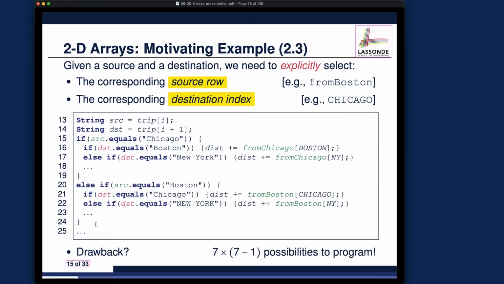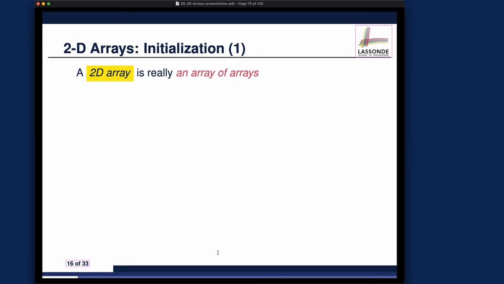Okay, the drawback is that there are so many possibilities to program. You can see here the 7 corresponds to the size, the dimension for the table, because you have 7 cities. Realistically, if you have some airline company, how many cities can they support? I guess hundreds, if not thousands, maybe hundreds of cities. In that case, the number of distinct array conditions you have to check will be so unmanageable, so infeasible to manage. Okay, so that's why you really want to move on to the single two-dimensional array variable solution, version number 2. And before we move on to version number 2, let's go over the basic syntax